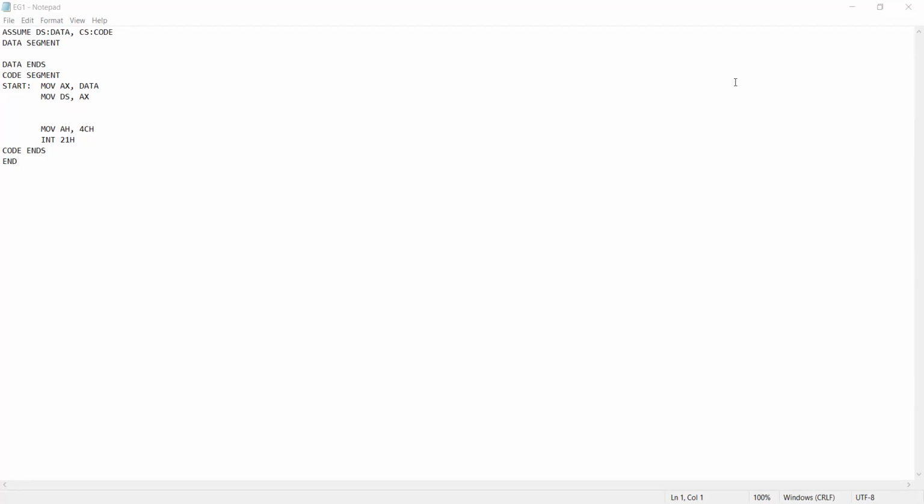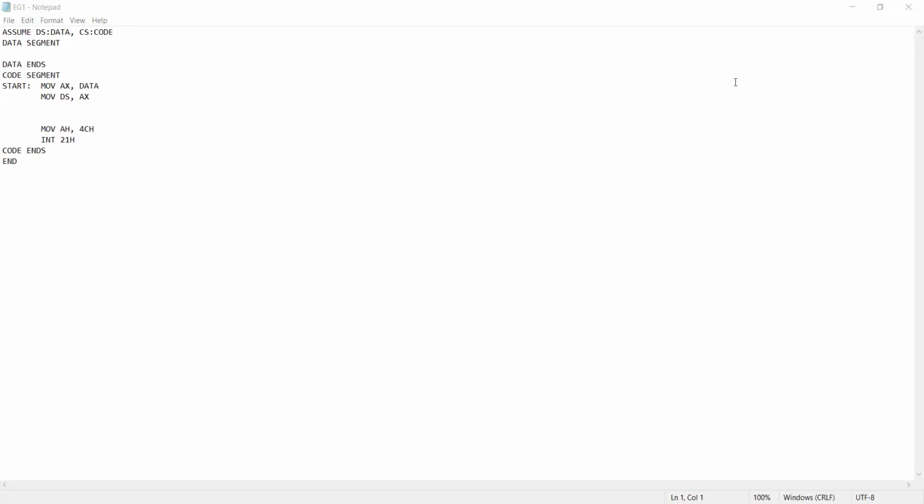Usually in the data segment, we declare the variables of any data type. So we should store the base address of the first variable. Where is it going to be stored? The base address of the data segment is stored in the DS register. That is why we use the first two lines: move ax comma data, move ds comma ax.